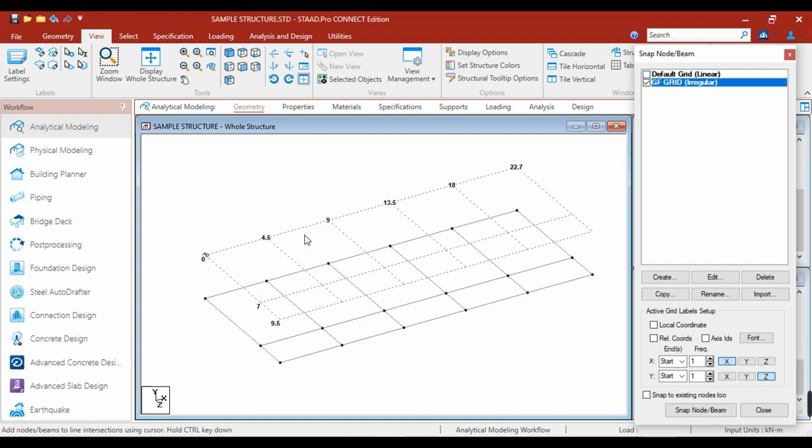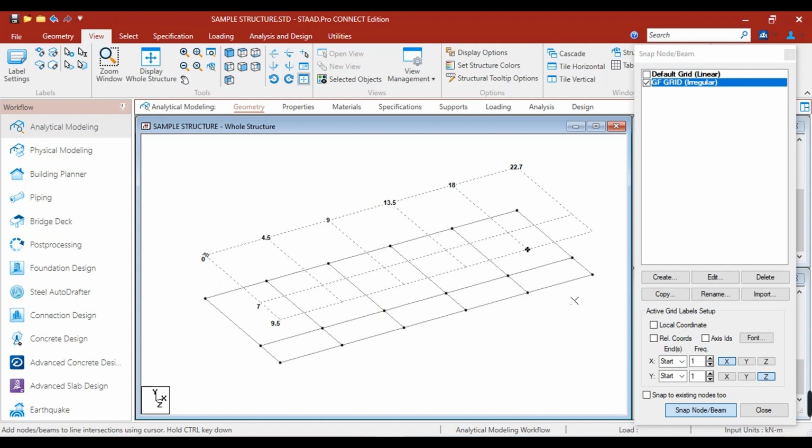Again, we can now create beams using the same technique that we used. But for this lecture, we're going to create a column. How can we create a column? We can click again the snap node or beam, but how can we create it from the ground floor?